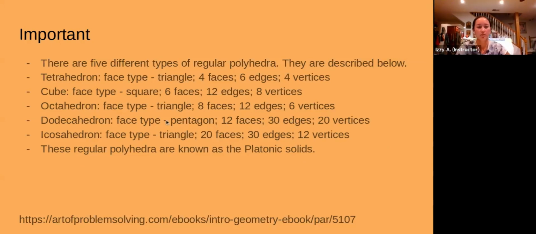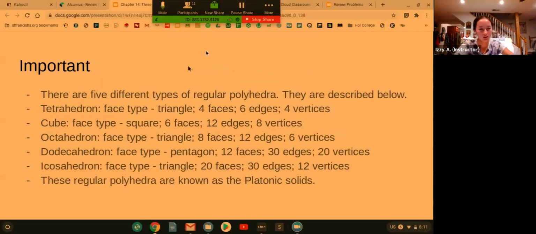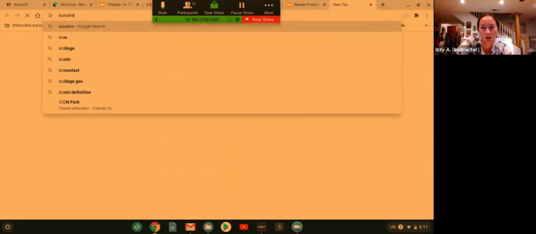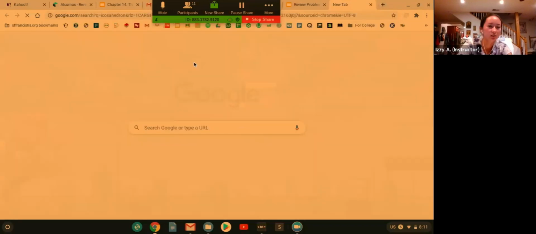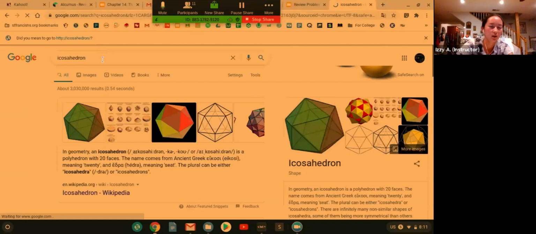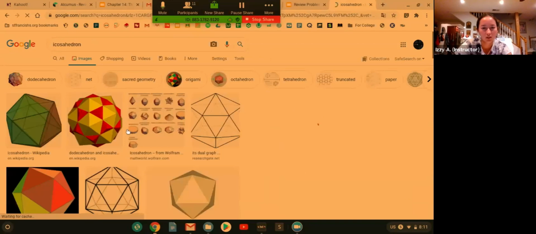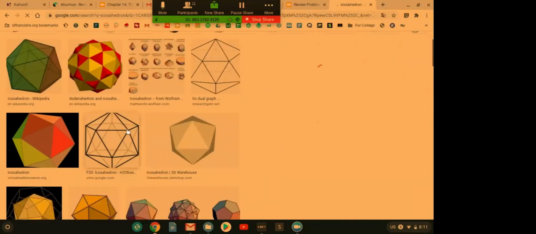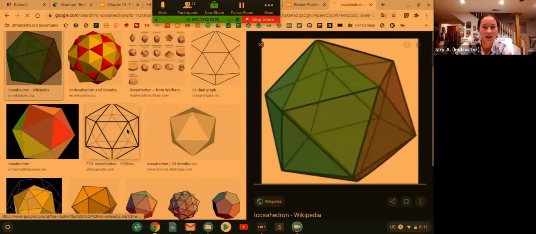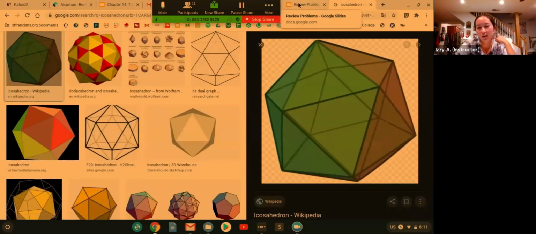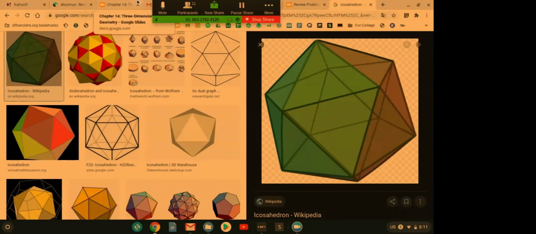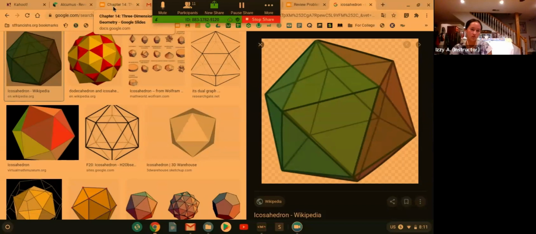Let's see if I can pull up an image of an icosahedron, because, I mean, you can just imagine. Yeah, so this is a pretty good example of what an icosahedron is. You can see it has a lot of sides, and it sort of has the same structure as a soccer ball, but it doesn't at the same time. So is there any Latin or Greek prefixes or suffixes involved with it?